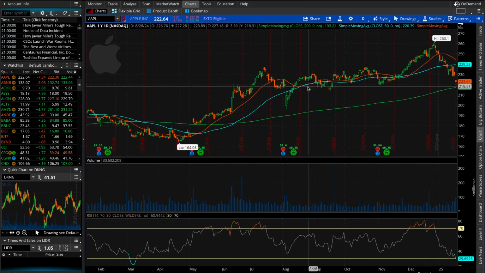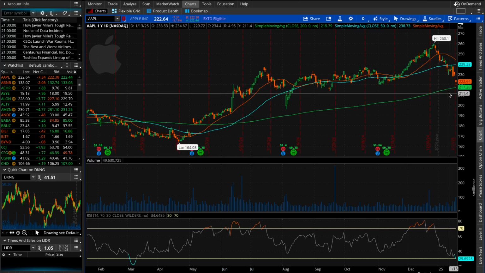Every time it gets around this area, it goes back up. Let me buy it. And the same thing happened here, at least for today. It went down to 219, came back up, closed at 222. I would expect this to kind of slowly move back up. I would not expect it to go below the 200-day moving average, but if it does, that's probably a buying